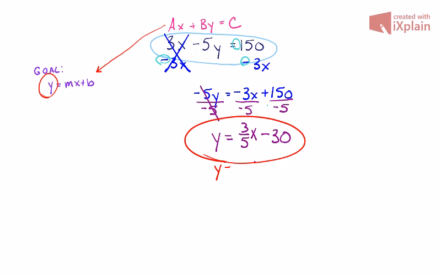Notice again that we have the y is equal to the slope times the input variable plus b. In this particular case, if we were graphing this, we would locate negative 30 on the y-axis because that is our y-intercept. And from there, we could move up 3 to the right 5, or if you recall from class, we can also go in reverse. So that means I would do the opposite of both of those directions. So instead of up 3 to the right 5, I would go down 3 to the left